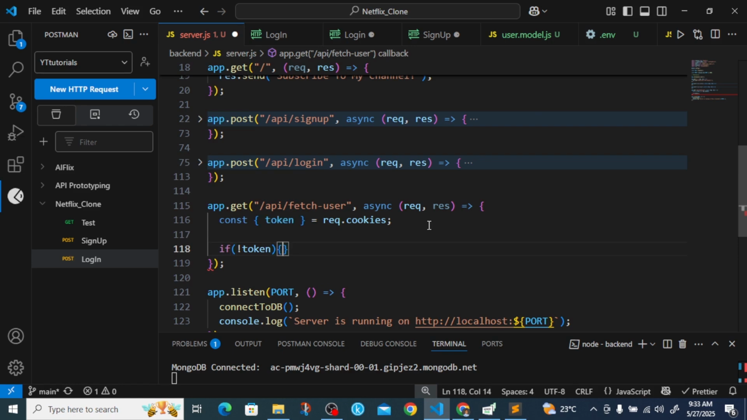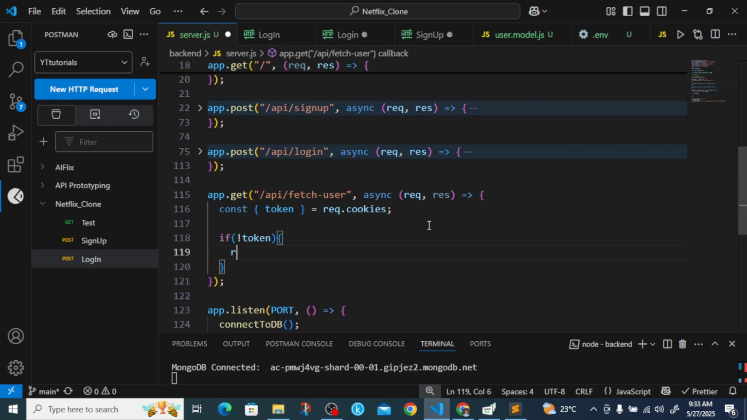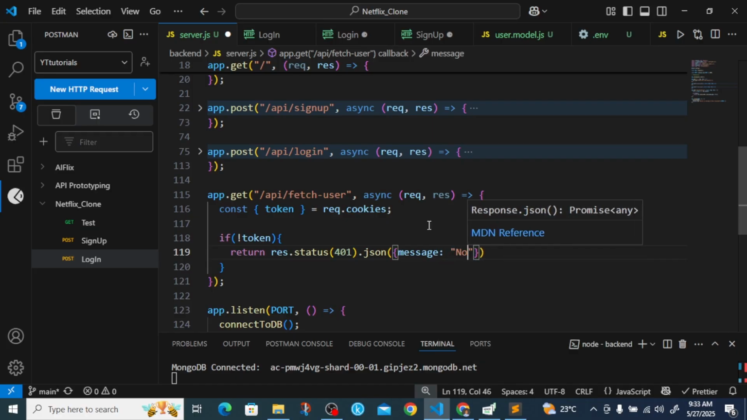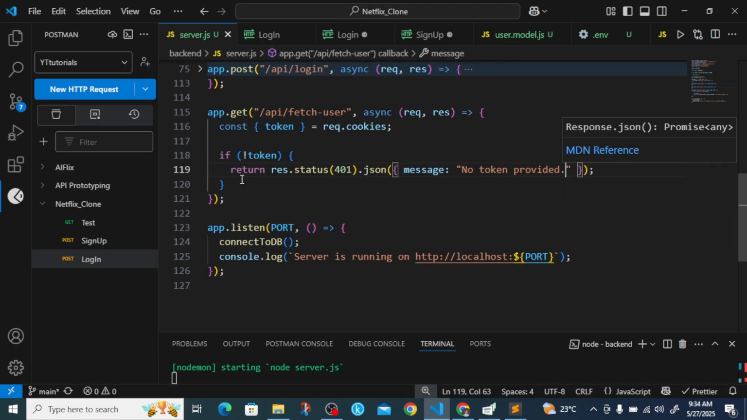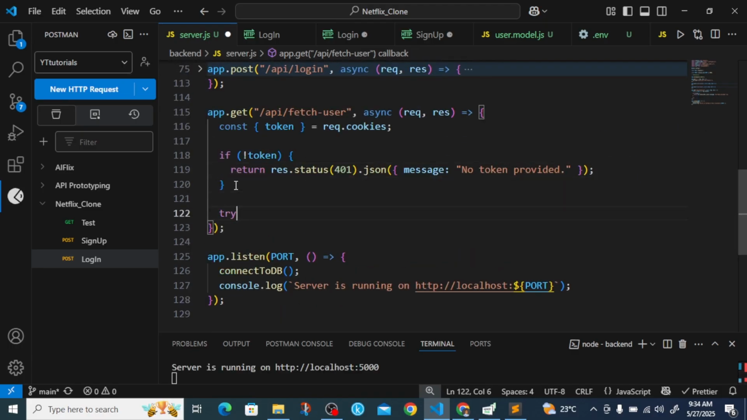Next, we are going to come here and say if no token, which means that the user is not logged in, we are going to come here and say return response.status of 401, and then you come here and say .json, give this a message of "no token provided," just like this. Ctrl S, and then you can have a try and catch block. You can have a try and catch block under the if statement. Try catch,